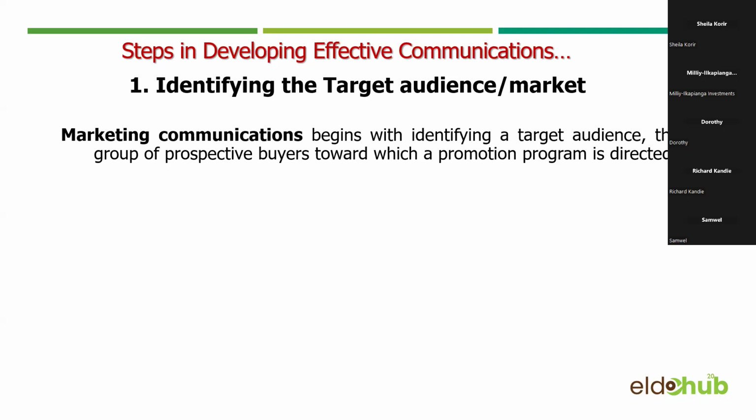For example, if Safaricom is targeting young people, especially for this brand that was there between February and May, it was called Get Hooked. So when they were targeting Get Hooked, they were doing their marketing campaigns, their communication, using young people because we were targeting Gen Zs, people under the age of 26. So Safaricom knew this is our target audience and this is how we are going to make our communication.